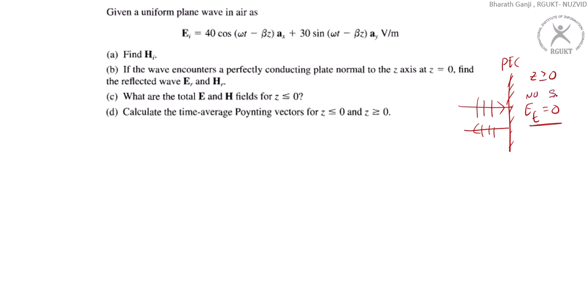So there is no S average bar pointing vector, there is no time average pointing vector. But what about here? Because you have fields here, there is an incident field and there is a reflected field. So now the question asks for what is the total time average power. Interestingly, it should get an answer of 0, because